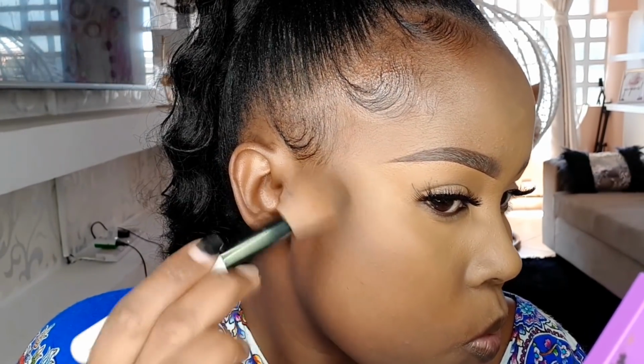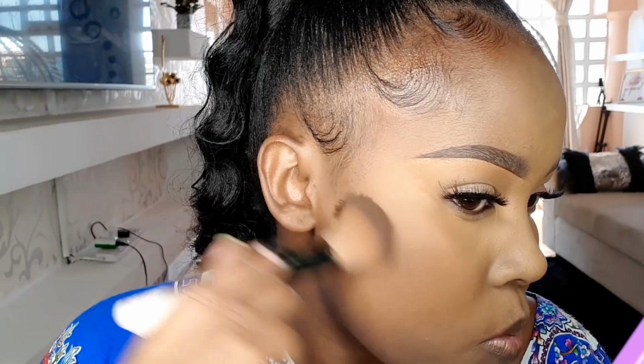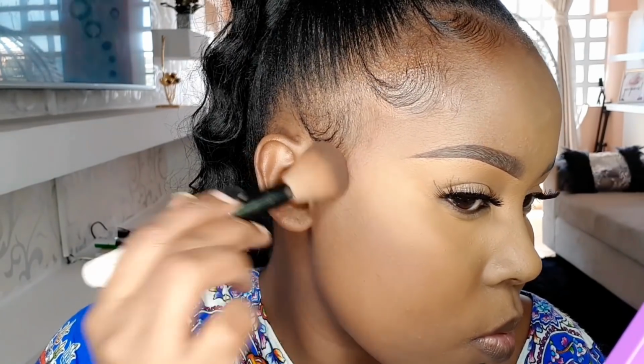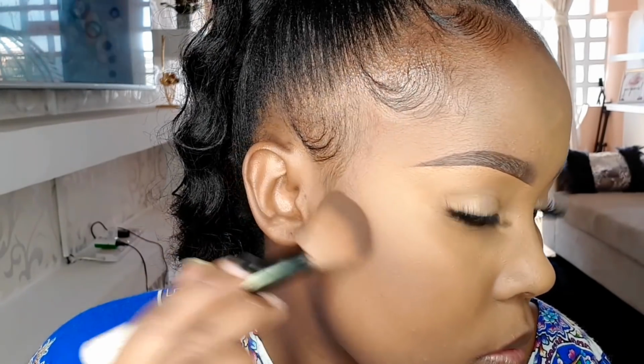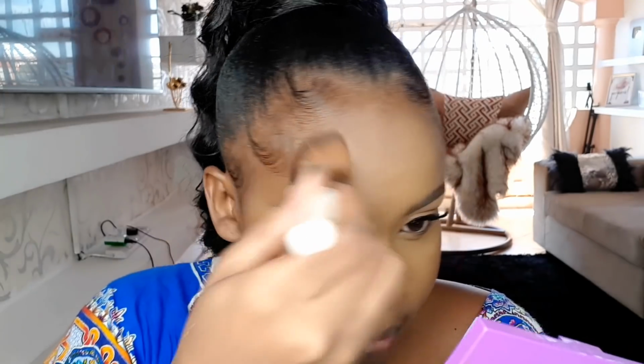So next, to contour, I am using the MAC NW50 finishing powder to contour. And for this, use circular motions, very, very little force, because you don't want to have a very harsh line on your cheekbone or your forehead. So be very careful while blending that contour in. So we're starting off with contouring around the cheekbones and then the forehead, and then we move on to contouring